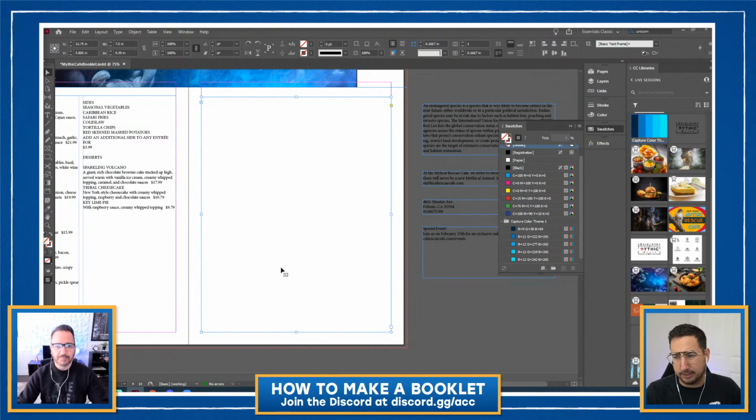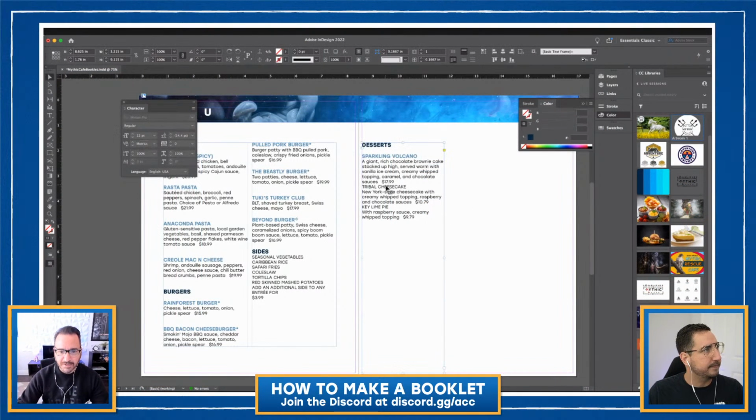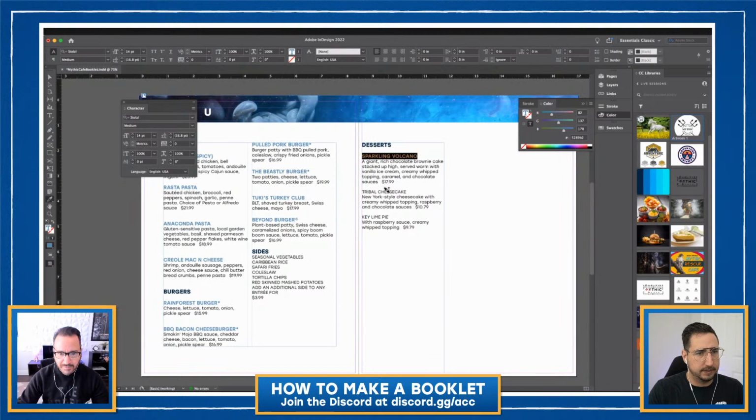And I think that looks totally fine. So as you go, there we go. It's pushing to the other page. Perfect. Look at that. So now I know what I need to do here is give it a space between there, a space between there. I'm going to go to Sparkling Volcano and I drop it once and then go to these guys and a triple